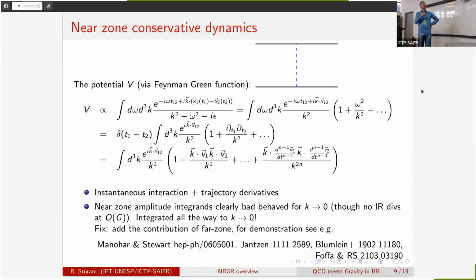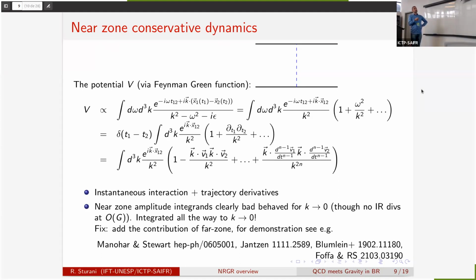In the near zone, you say that the potentials that are exchanged not only take very little momentum from the big massive object, but they have a time component which is negligible with respect to the space component, so I can Taylor expand. But be careful, at the end I integrate over all k. So this cannot be the full story, because when I integrate over all k, k can go to 0. When k goes to 0, it's very difficult for me to justify this expansion. But let's close our eyes to this difficulty and say, okay, look,